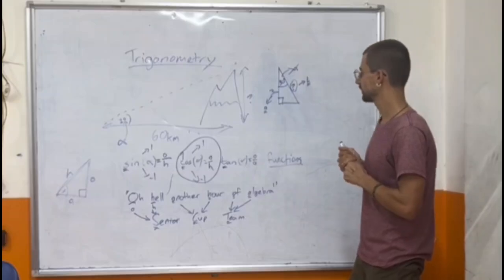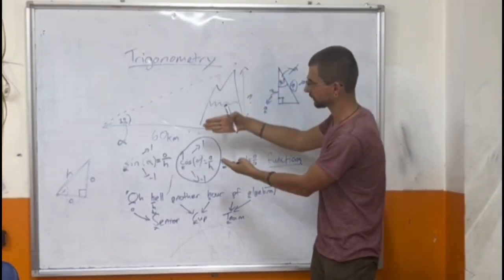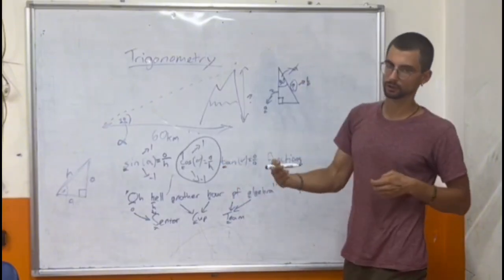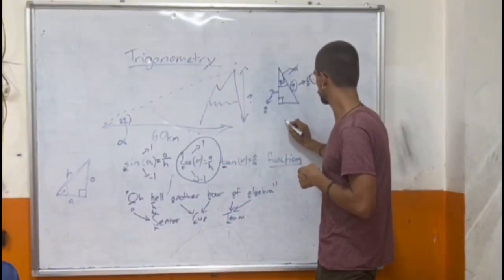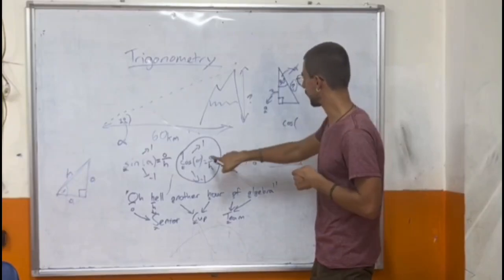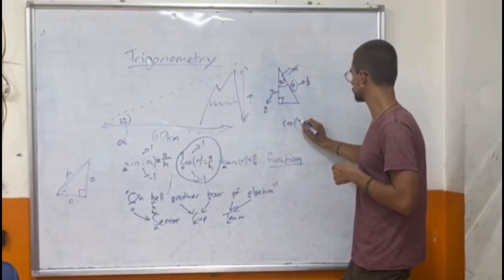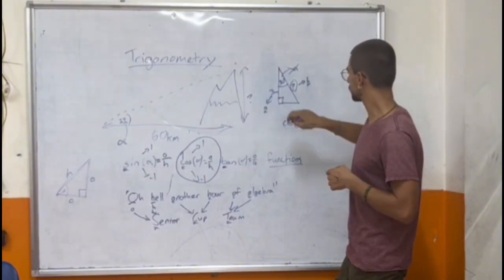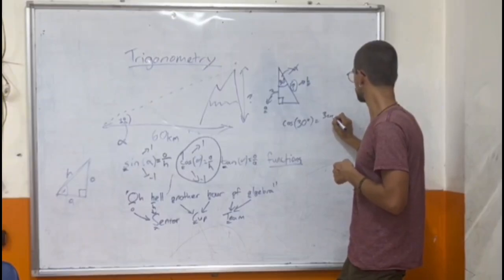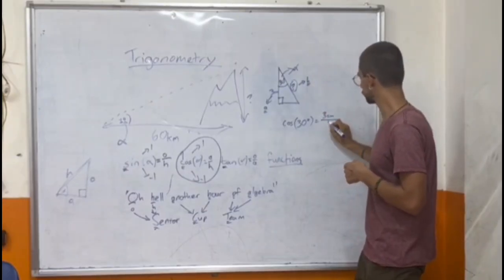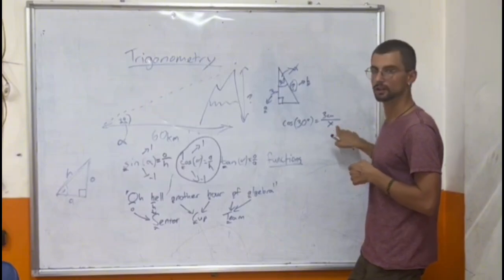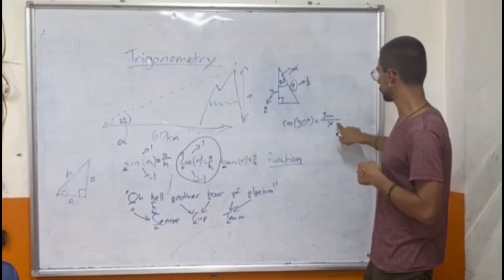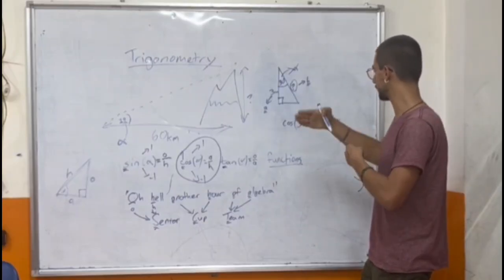Okay? So now we put in all the information that we know, and we try to figure out how we find the information we don't know. So we write cos. Now alpha is going to be 30 degrees. A is going to be 3 centimeters. And H is what we don't know, so we just label it as X. Okay, unknown information. Okay? So now we have an equation with one unknown, which means we can